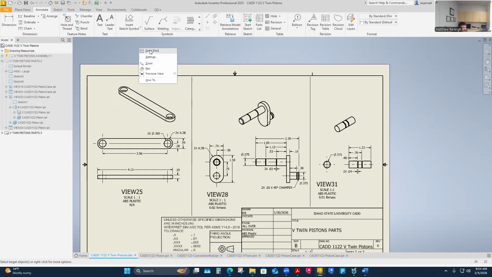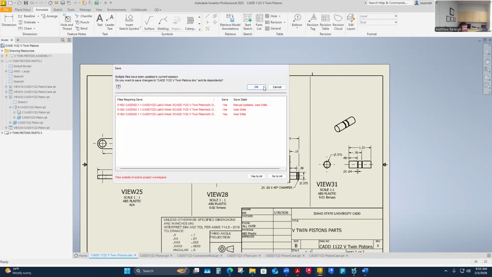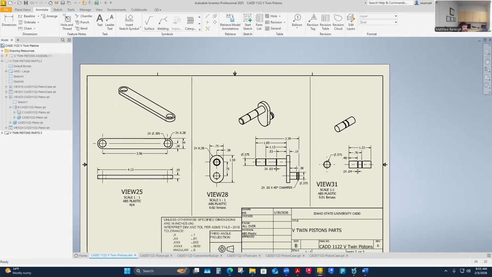Maybe wait for me to get some updates done. So I think that was it. Now I feel like my parts are, that's all I really needed to actually get them toleranced. Technically, these should print and be good. And so I think if you save this, this is what you can turn in for an assignment: get a few sheets done, detail your parts,